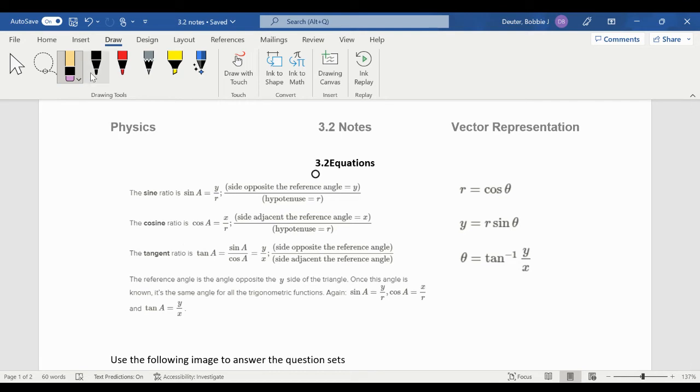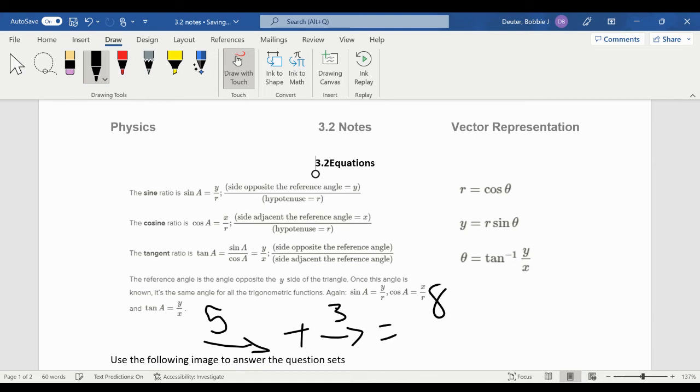And remember, a vector is written with an arrow showing the direction that it's going. Such as if we have something that is 5 units, we would put the vector arrow in this direction. Adding it to something with 3 units, going in that same direction, our total addition would be 8 units